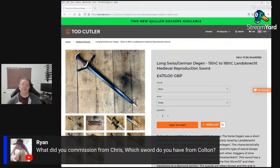What did I commission from Chris? I commissioned an arming sword for cutting competition. I wanted one that has Chris's edge on it because Chris puts a very good edge on his swords. And I really like some of his wide blade 14, 16, 18 types. I told him I don't care which of those types, leave it up to him, but I wanted a wide